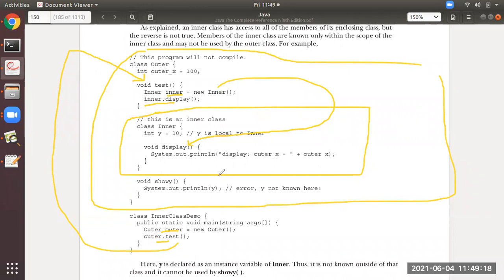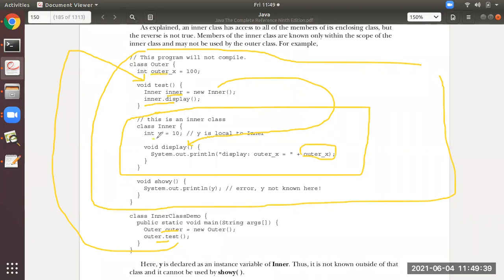You can observe that what it is displaying is the value of outer x. That is correct. Inner class can have the variable which is global to it. Outer x is global to inner, so it can access.